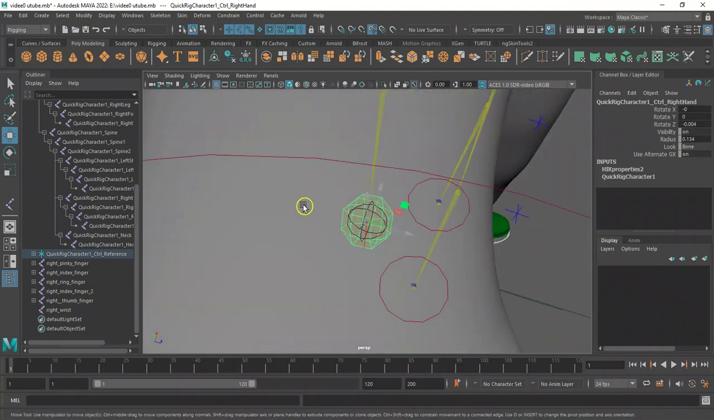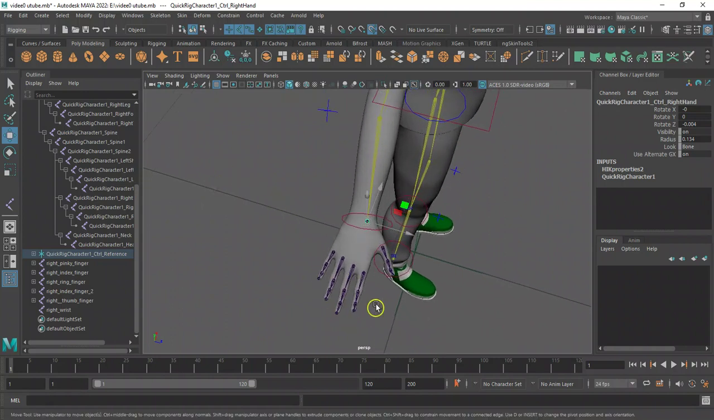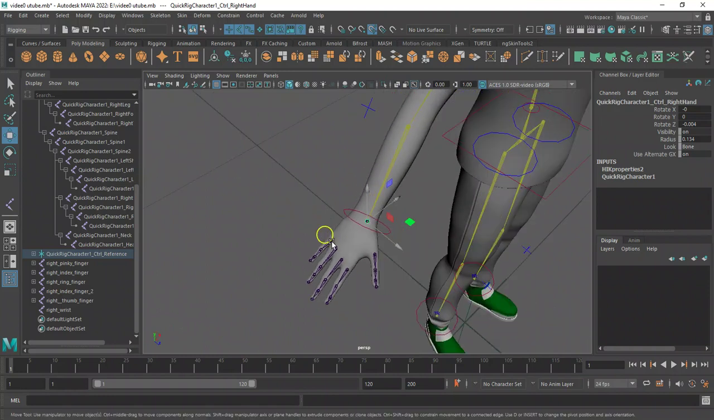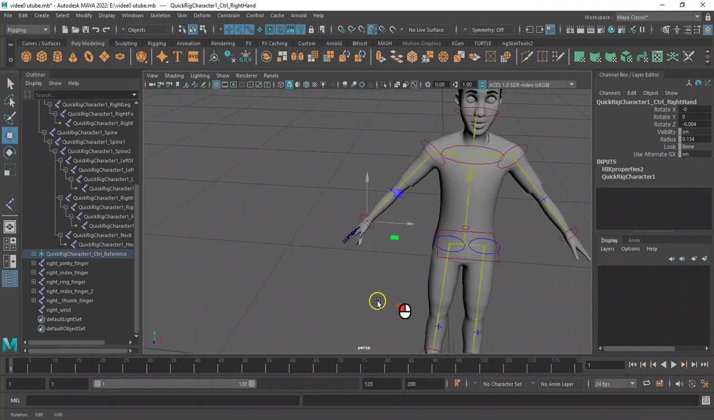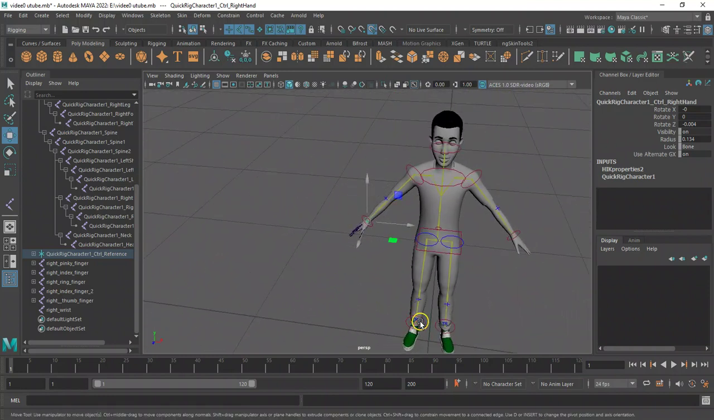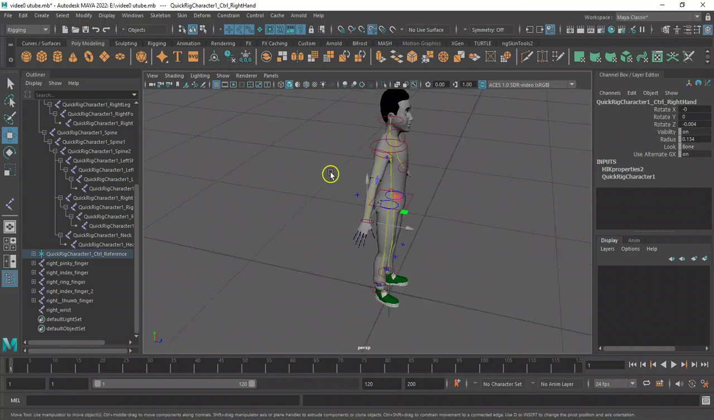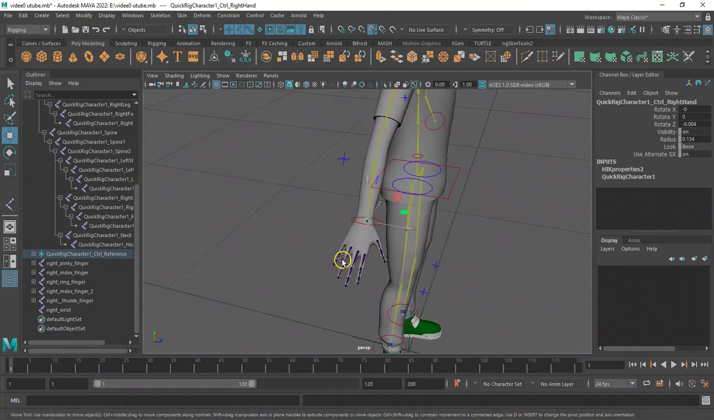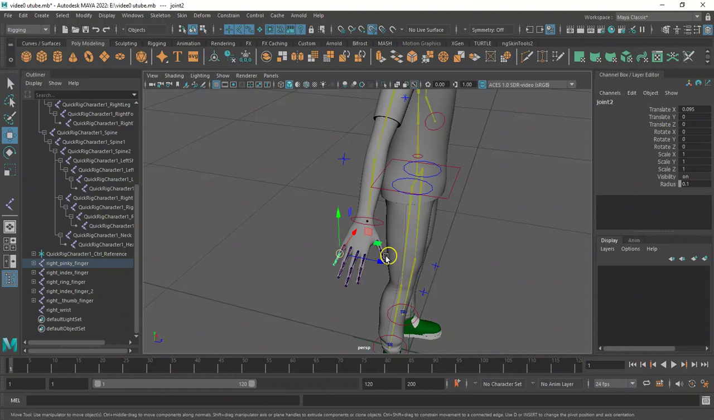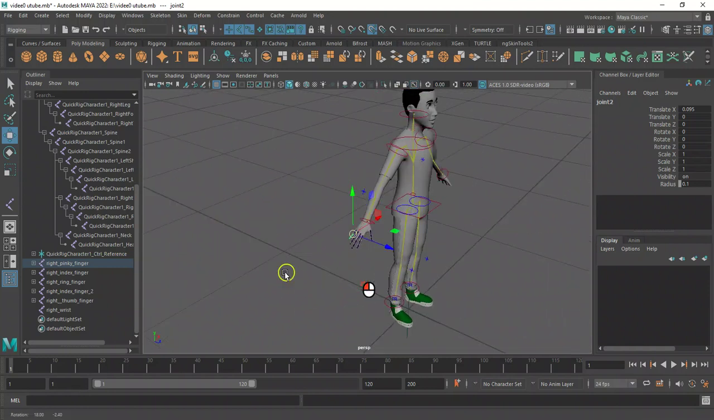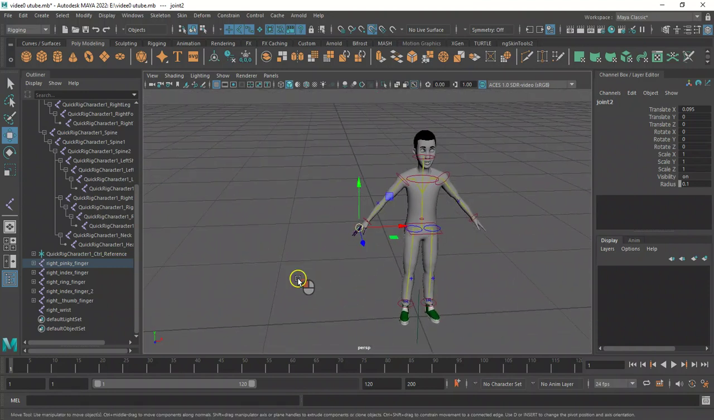Now that we've oriented that, we need to do the same for the other joints. But first we need to know the orientation of each joint, the ones Maya created for us. We need to know its orientation so that we can give the same orientation to the joint we just created, the one that controls the fingers. So in order to know the orientation of the joints Maya created for us, the FK and IK joints inclusive,